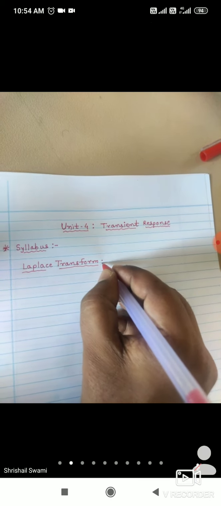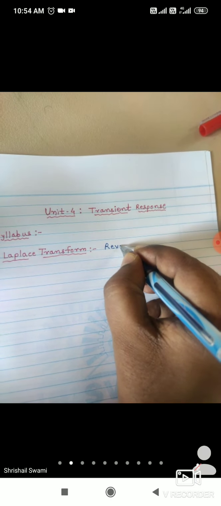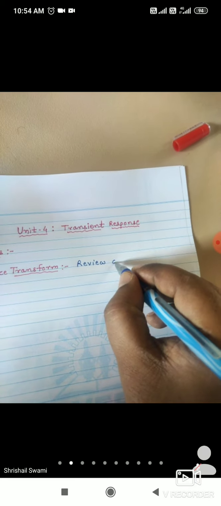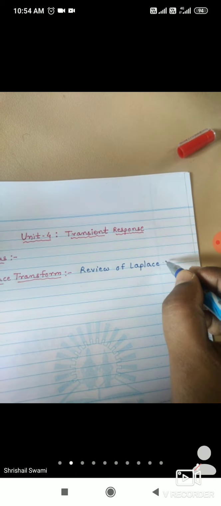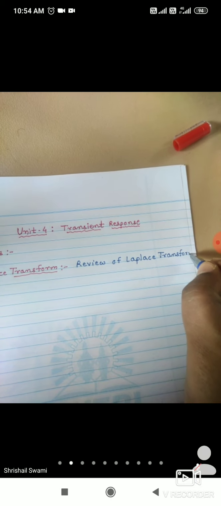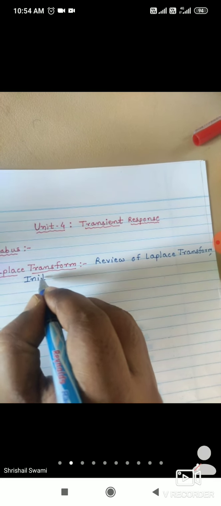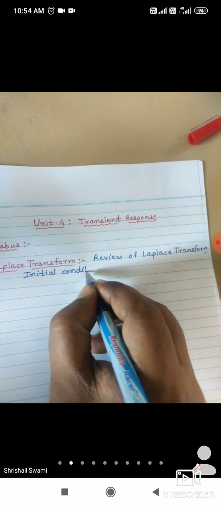We are not learning Laplace transforms here, as you are learning them in M3. We just have to take a review of Laplace transform, that is formulas and its properties. Review of Laplace transform, initial conditions,